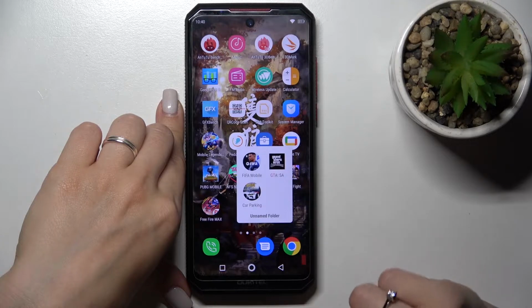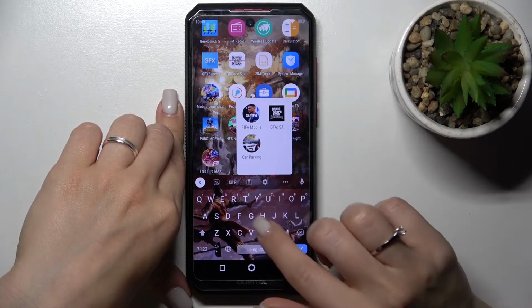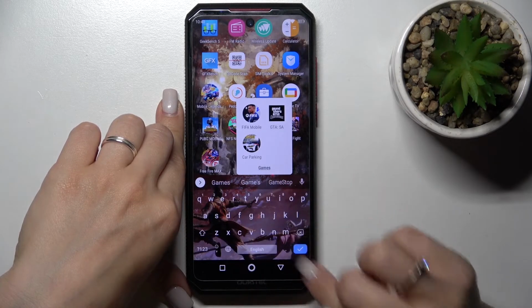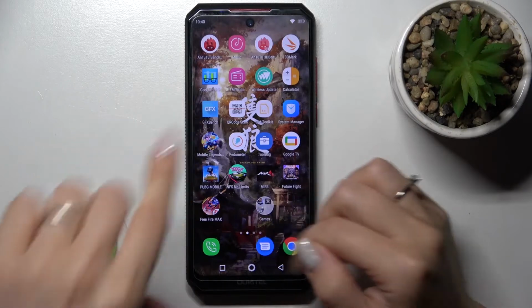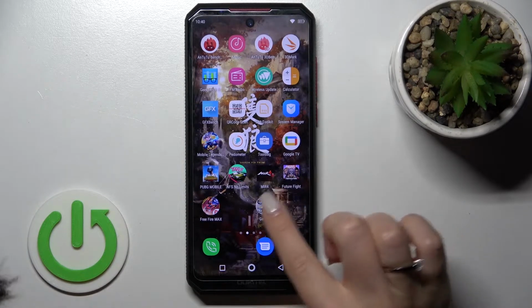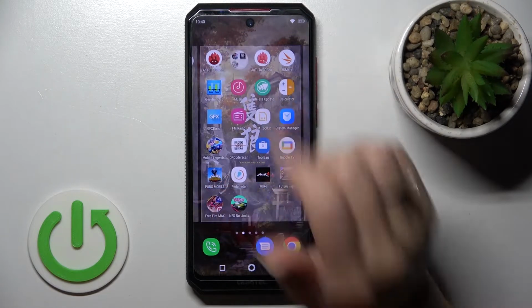If you want to rename the folder or give a name, just tap here to unnamed and select and enter, for example, the games. Tap to OK here, and now we can see that we just successfully renamed our device home screen folder. We can move this folder on the screen, just hold it and drag it, that's not a